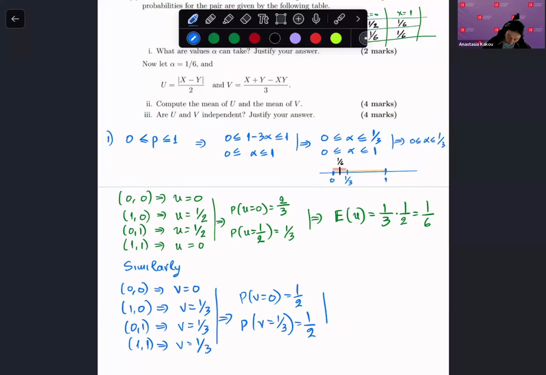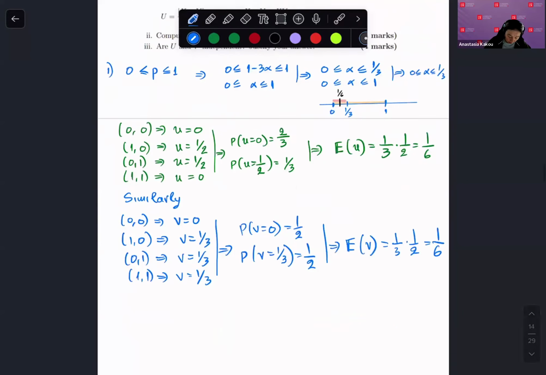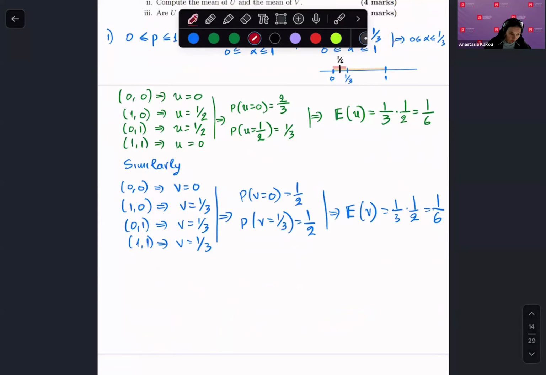Okay, and likewise, the expected value of v equals 1/3 times a half equals a sixth. Okay, so we have answered part 2, and then for the last bit, to check if they are independent, what needs to be done,